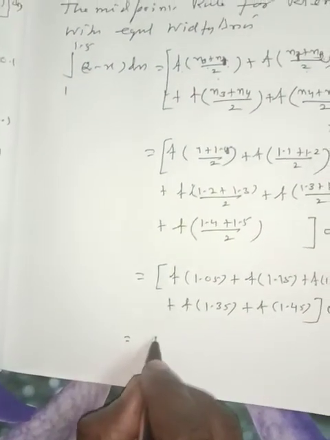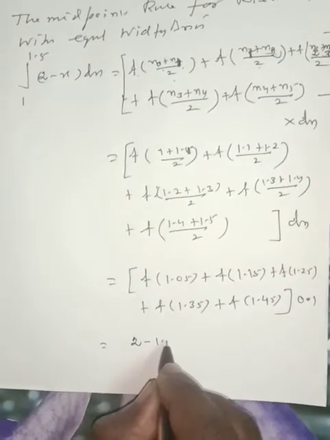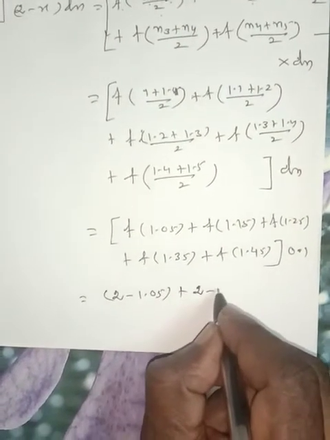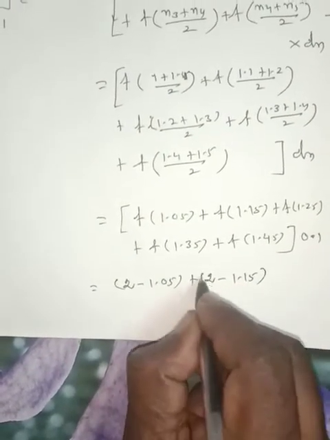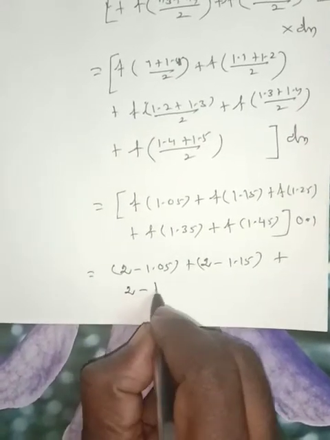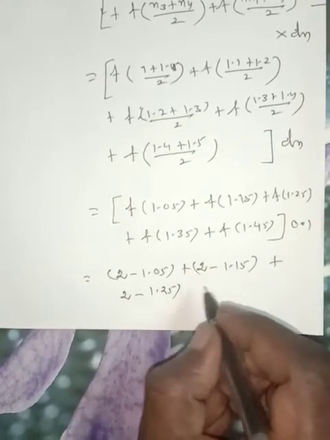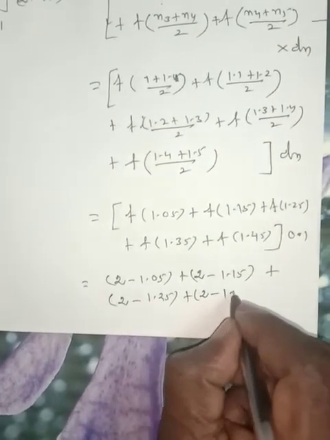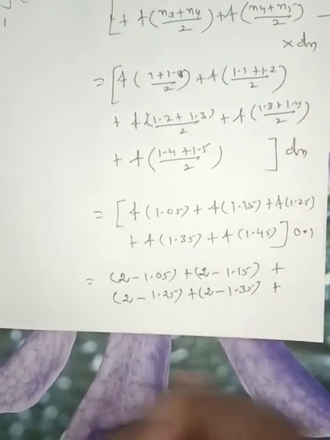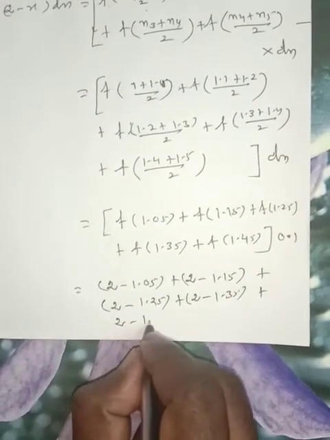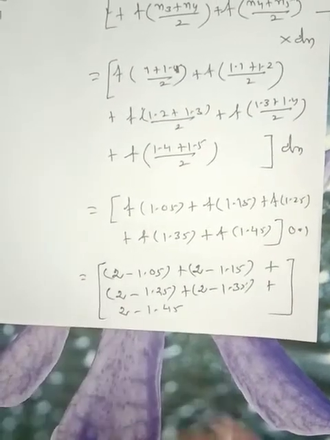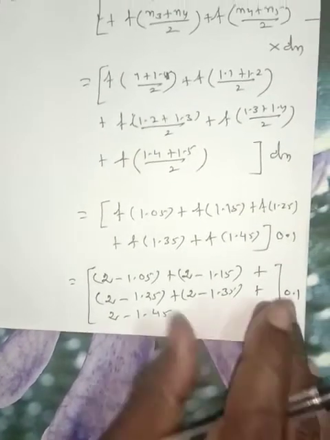So 2 minus 1.05 plus 2 minus 1.15 plus 2 minus 1.25 plus 2 minus 1.35 plus 2 minus 1.45, into 0.1